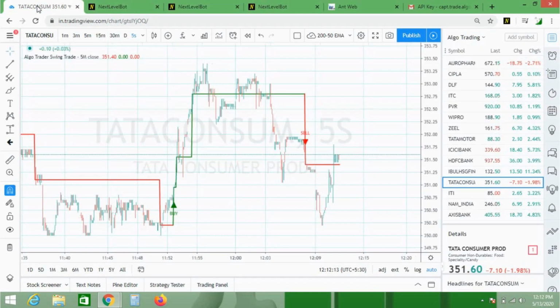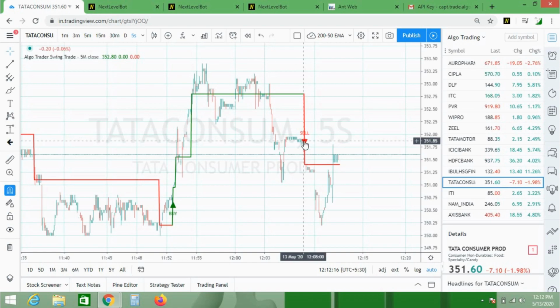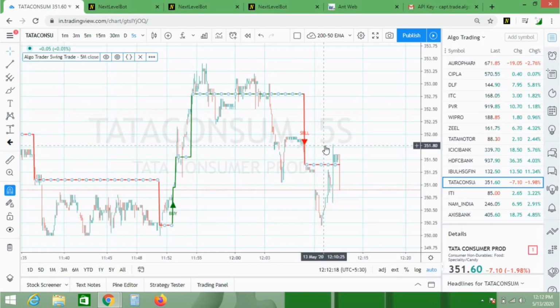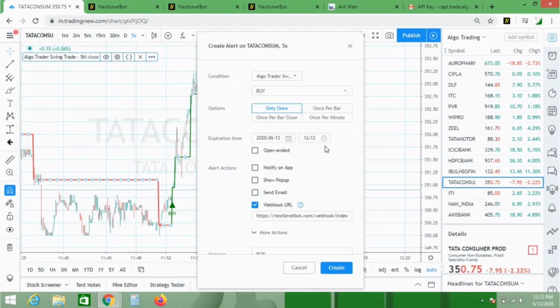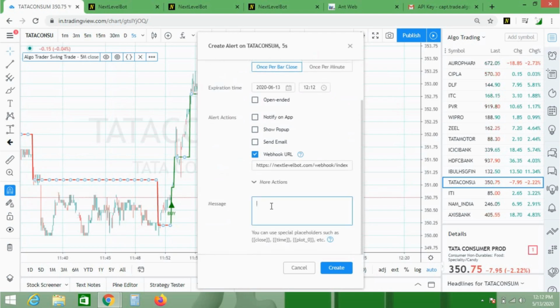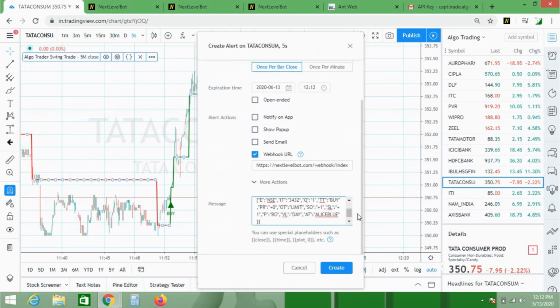Now you go to tradingview.com, select my tool, right click, add alert. I'm looking for a buy once per bar, and just scroll down in the message, guys, delete and paste our code. Okay, and one more thing we have to set is this webhook URL, guys.